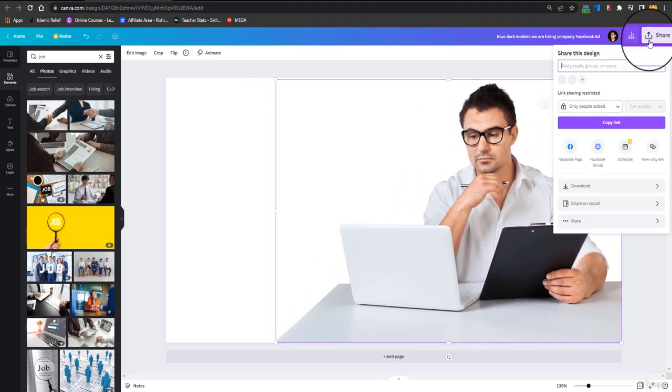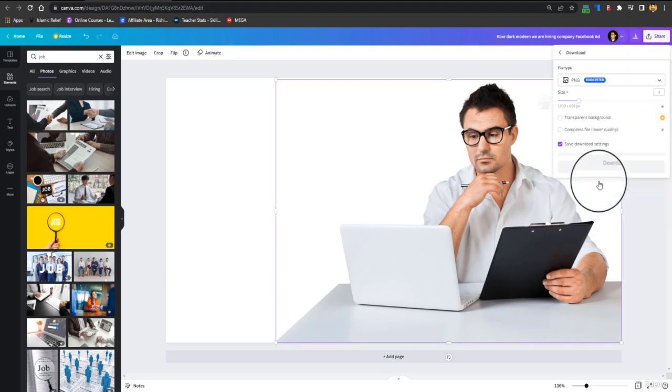But with the Pro version, you just click on download, and here you can see it's asking for transparent background, and you can download it in a transparent version. If you want to download a logo for your client, and the client would absolutely want it in a transparent format, you cannot do it in the basic version.